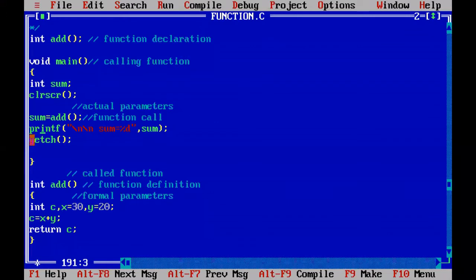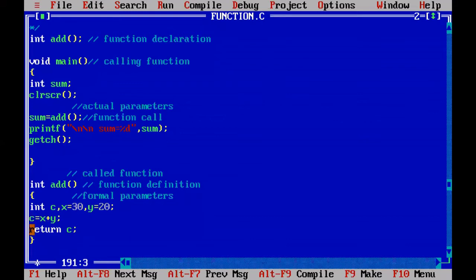What happened? We created a user-defined function with only a return type, but no arguments. Then what will happen? When you call the function with this function call syntax inside the main function, the function with this name is called, the controller will go from this line to here, and we go inside the function, and these variables are declared, x plus y is added, and the result is stored into C, 50.